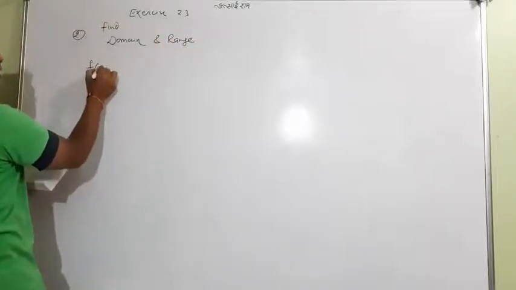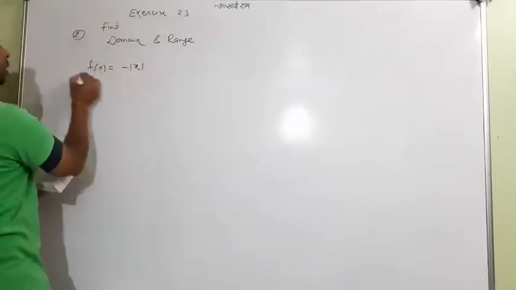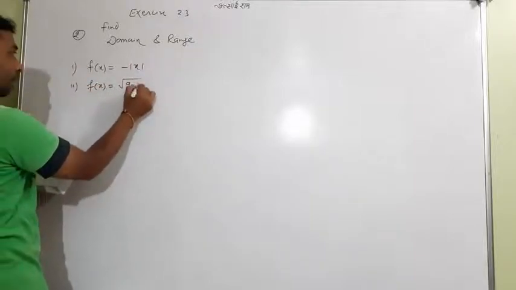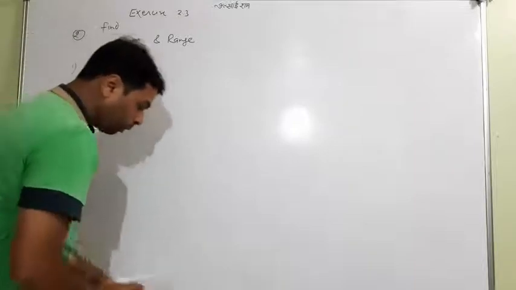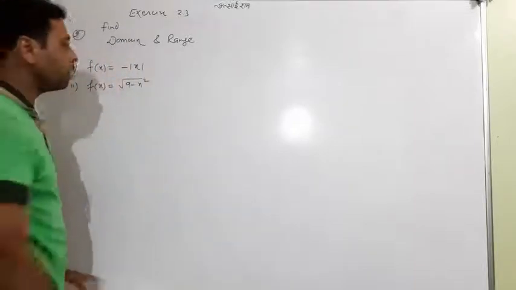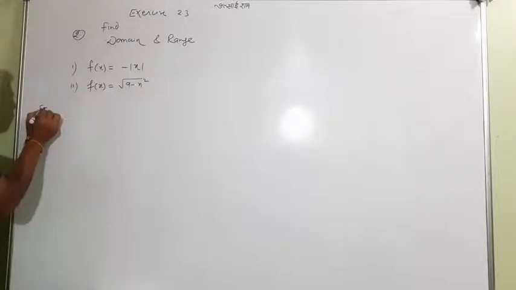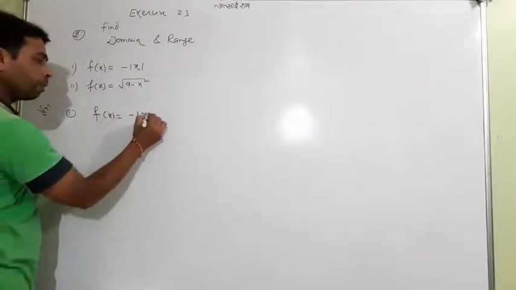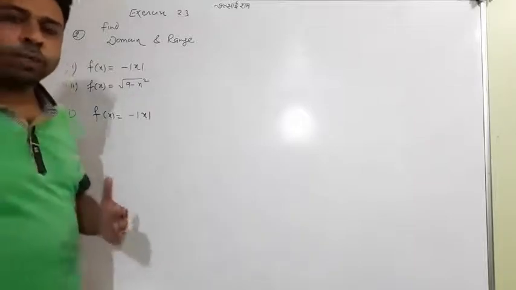And the question asked here, the first question is this one. And the second question is 9 minus x squared. So one by one we will do both. It will take a little time. Students, look. So first, the solution of the first question: I'll go with f of x equal to this. So what is a domain and what is a range?